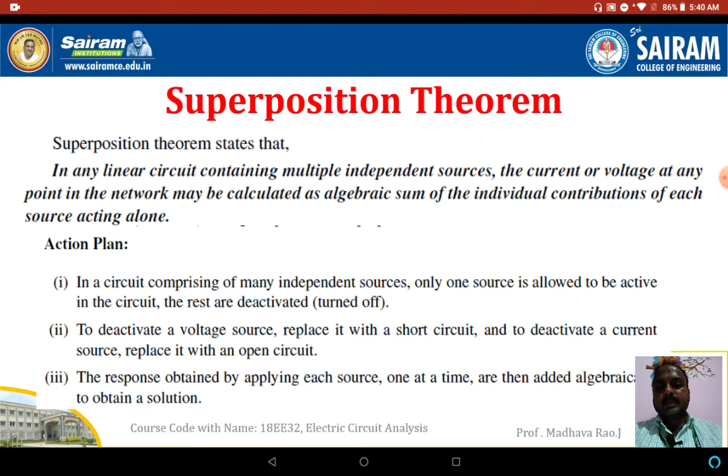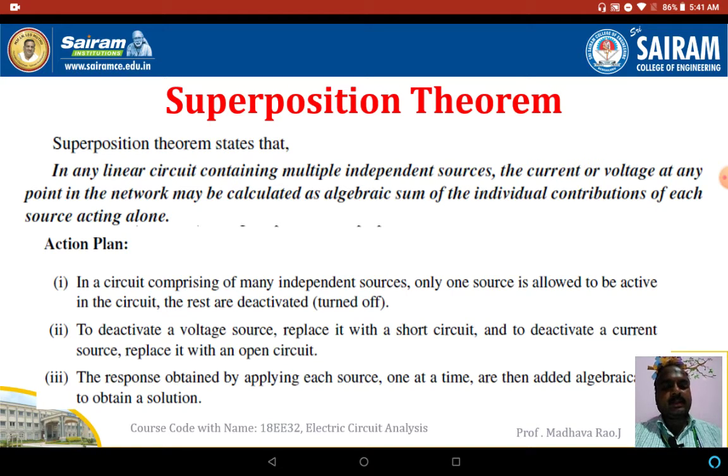The superposition theorem states that in any linear circuit containing multiple independent sources, the current or voltage at any point in the network may be calculated as the algebraic sum of the individual contribution of each source acting alone. Suppose two sources are connected in a network. At a time we have to take one voltage source and find out the current. And in another case we have to take another voltage source,